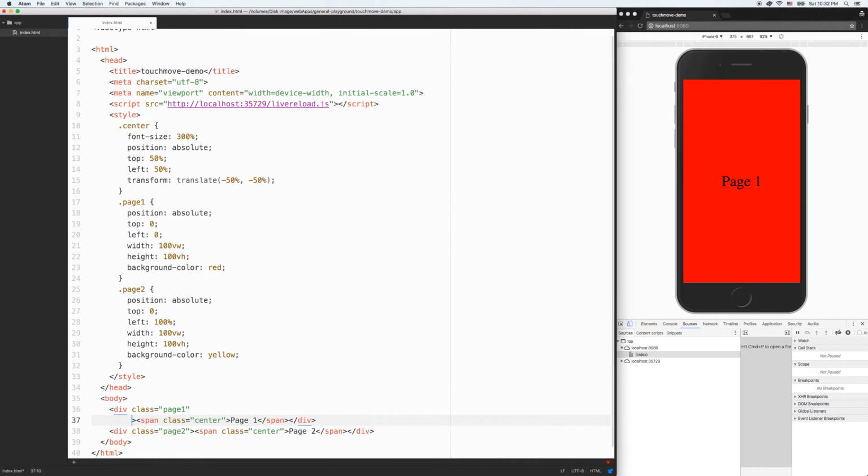So first and foremost, we are going to set up the ID for page 1, because later on we need the JavaScript to be able to select this element. So we set the ID to be page 1. We also need to wire up the onTouchMove event, and